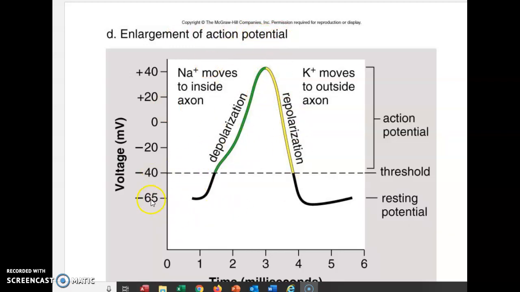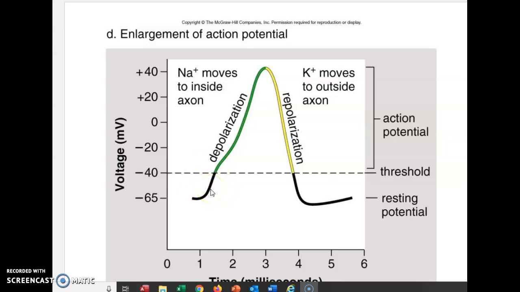I've got my resting membrane potential here, again caused by leak channels, particularly the potassium leak channels. Here I have this area where I went from resting membrane potential and reached threshold. So this area right here would be caused by my graded potential, also called synaptic potentials,